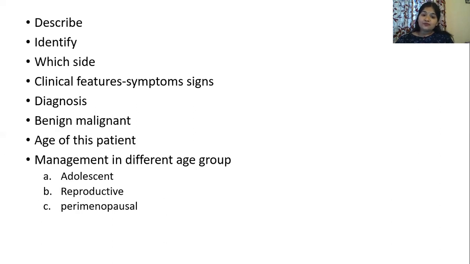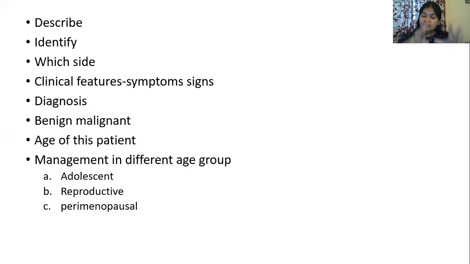And if you are still not convinced, if the size is very big and there is a history of malignancy, then it is always better to do a CT scan and MRI. So in the perimenopausal age group, you are first going to rule out malignancy. You will not straight away post her for surgery. First of all, confirm that it is not malignancy. If it turns out to be malignancy by screening methods like CT scan, CA125 or tumor markers, then your next step is, is it an operable malignancy, right?